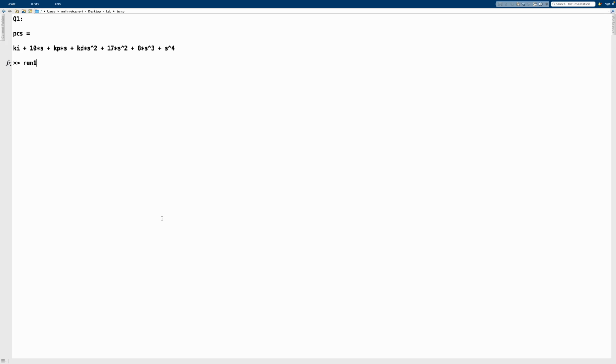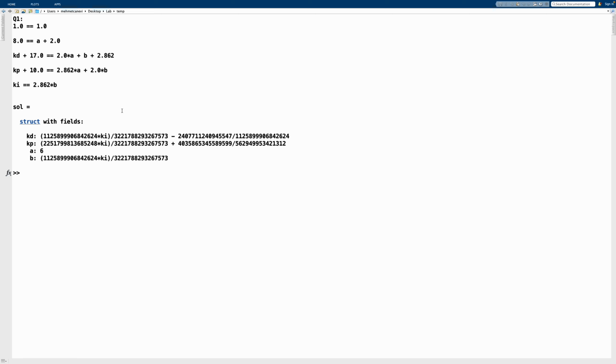So let's run this basically, and we end up in the solution. Even if you wouldn't have MATLAB available to you, if you would have been in a final exam or midterm exam, you could still deal with this problem on your own, because you can see that Ki and B are proportional and they relate to each other with the coefficient 2.862. So you could just find B in terms of Ki